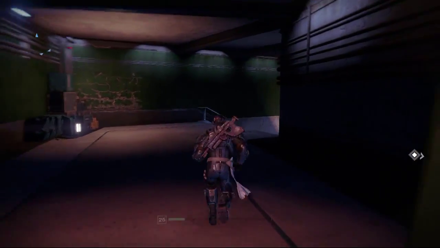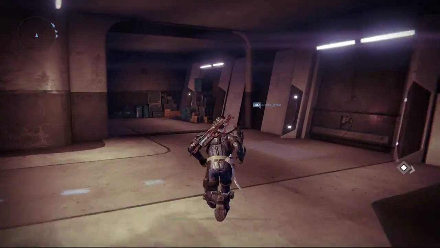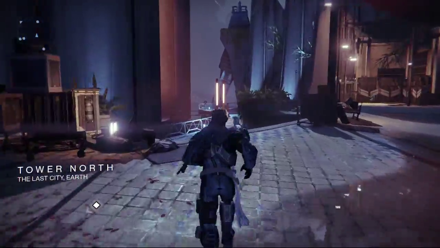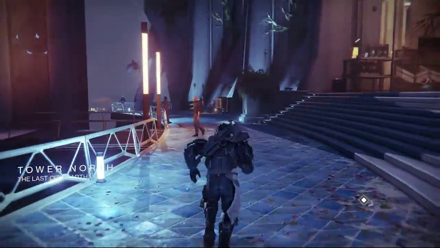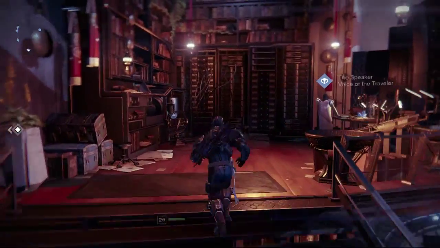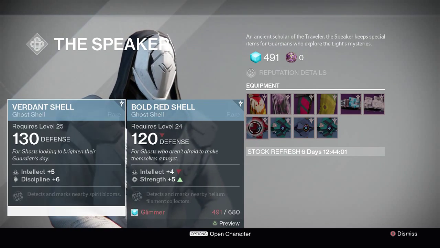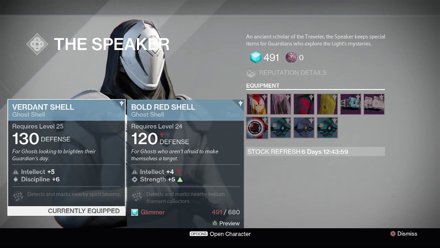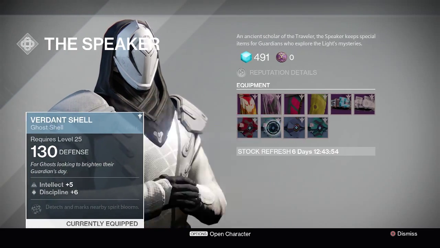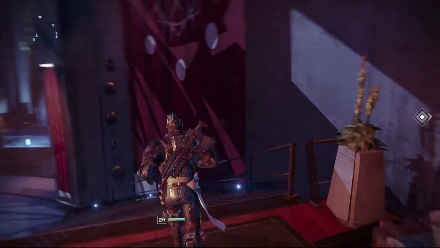And the more ghost shells we have, I think the better off we are, especially for the different element types. I know the blue shells, or the rare shells, only have one element type to them. I don't know if the legendary ones will have more than that, maybe possibly two elements or different perks. But yeah, he didn't really have anything useful, so